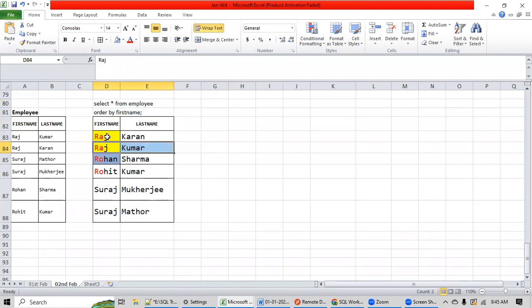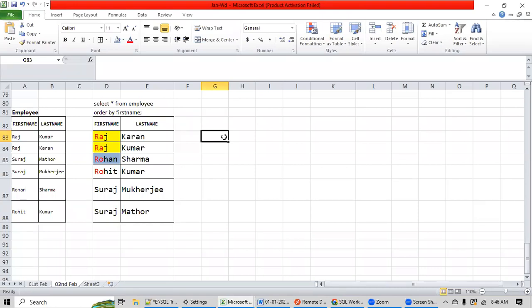It is because they both have the same first name, so there is a conflict. When there is a conflict, it is the wish of the engine. It can display anything first. Hope it is clear. Can we also order by the first 2 or first 3 characters? Is there any way? We will see all those things. Okay.